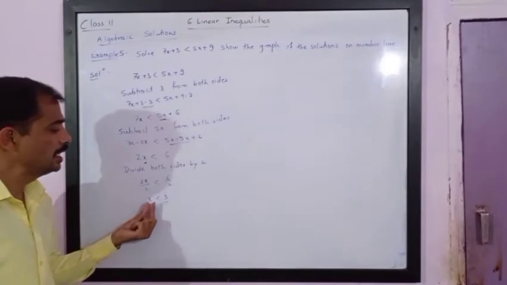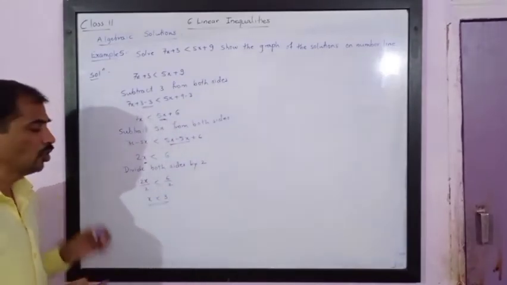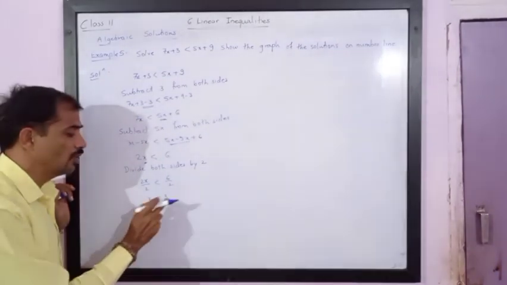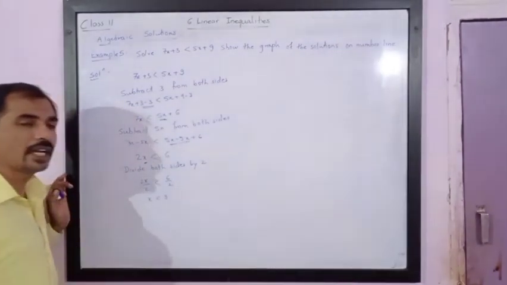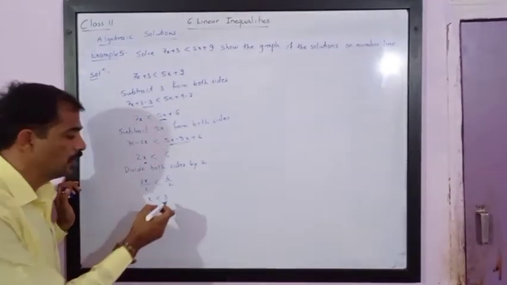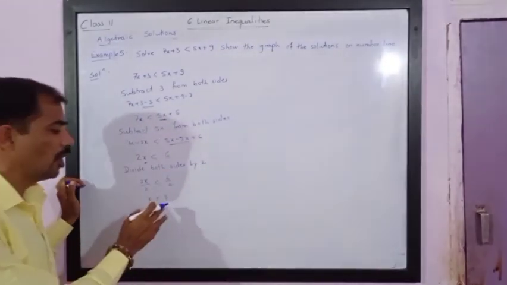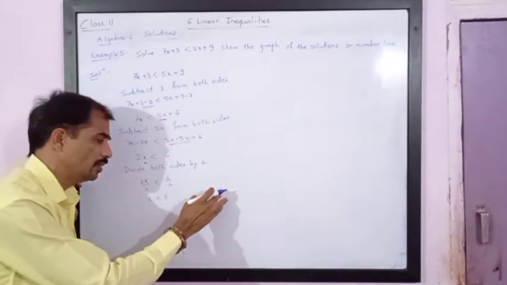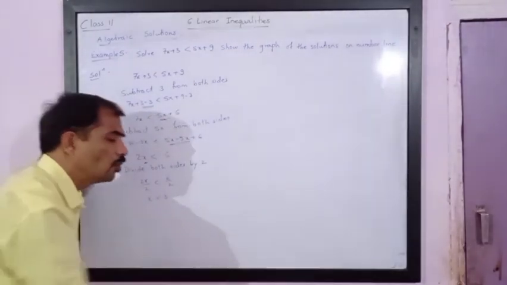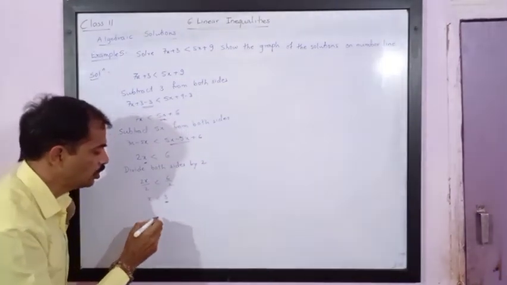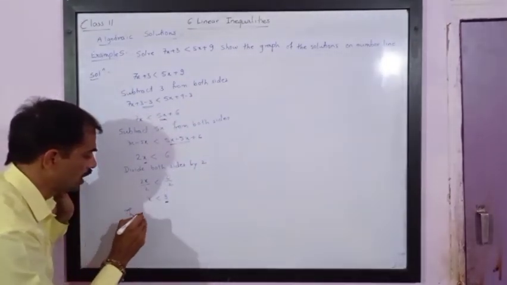It means x is less than 3. Please note, here x is not equal to 3, so it will have all the numbers which are less than 3. It can be 2.9, 2.8, 2.999, anything, to a very small number which can be defined. So please note, x is not equal to 3. It means the solution set is